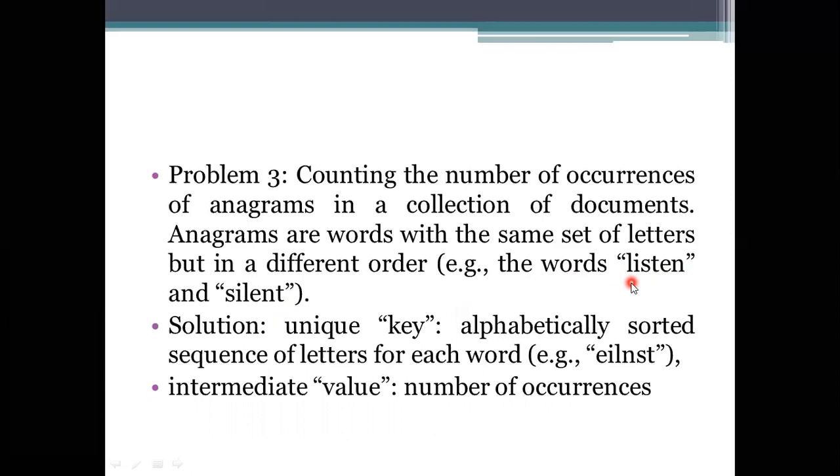Sorted sequence means we need to take a word and sort it. The sorted order of these elements, the letters used in this element, is E, I, L, N, S, T. If you are taking any word, first we need to take the sorted order of that word. Sorted order of that word means simply we need to specify whether that word has these elements or not.